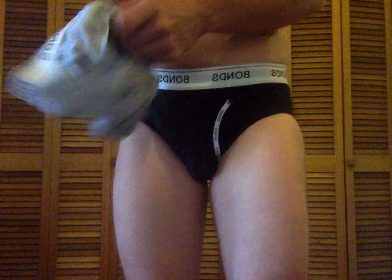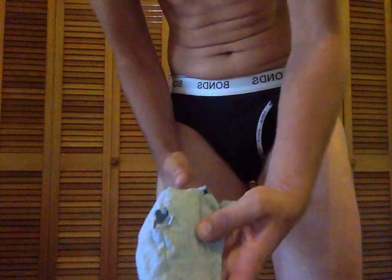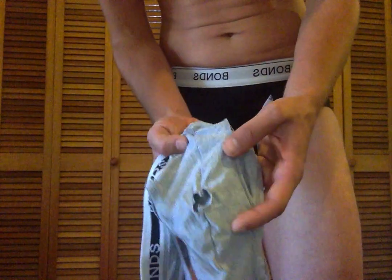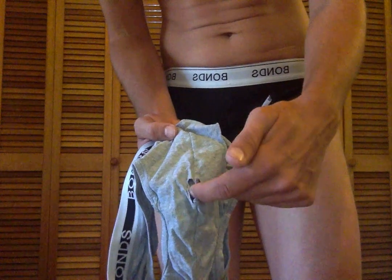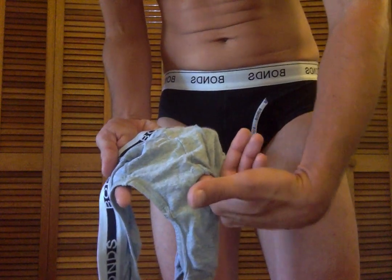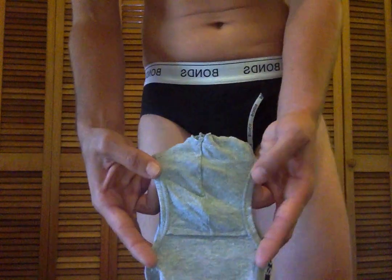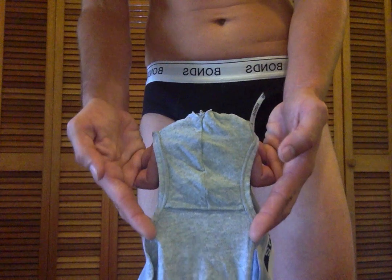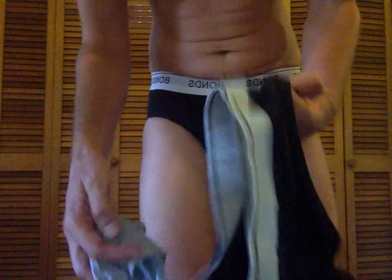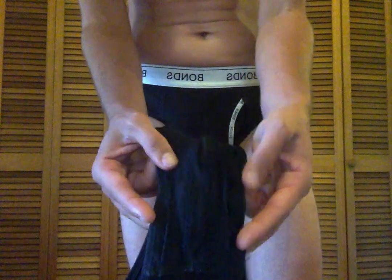What I also do with this underwear, I should have worn this one because it's grey, is on the inside, see how there's two layers? Now you don't have to do this, but I find it's a good little trick, is just where the actual shaft would sit to cut a tiny little hole there. And that means that the actual shaft sits off to the side, and that way you've got even less skin contact. And you can see the difference in terms of width here with underwear that's designed for men, how wide that is, versus what the Peacock one is. You can see it's actually a lot. It doesn't look much narrower on the video,